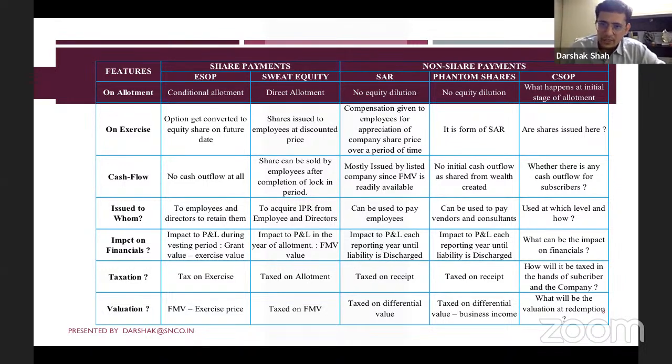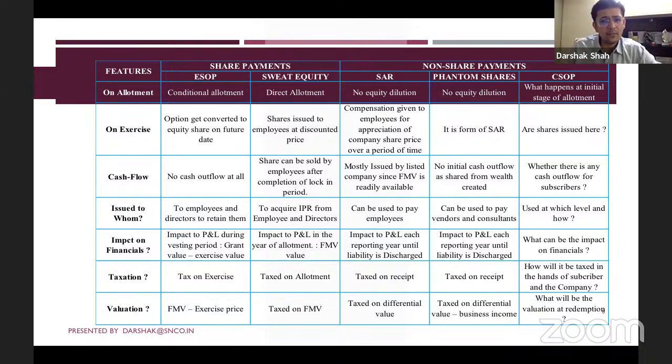Cash flow: no cash outflow. Issued to employees or directors to retain them or to get more contribution, as an ownership flavor. That's one reason. Impact to financials is basically impact to profit and loss during the vesting period. So the moment the equities are getting vested, the impact is proportionately a cost to the P&L account,